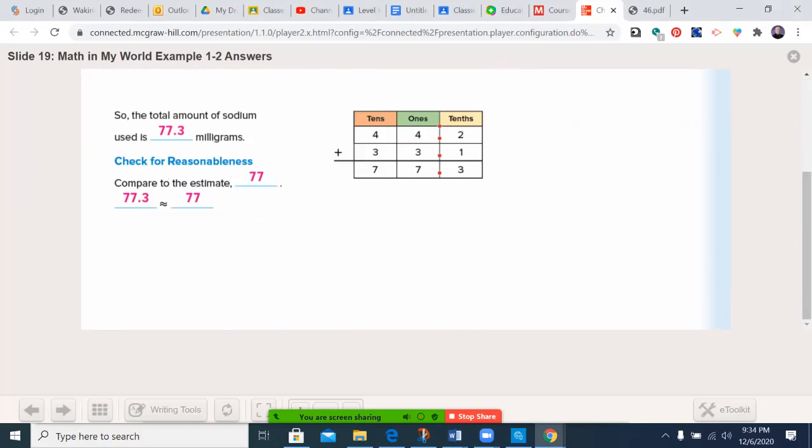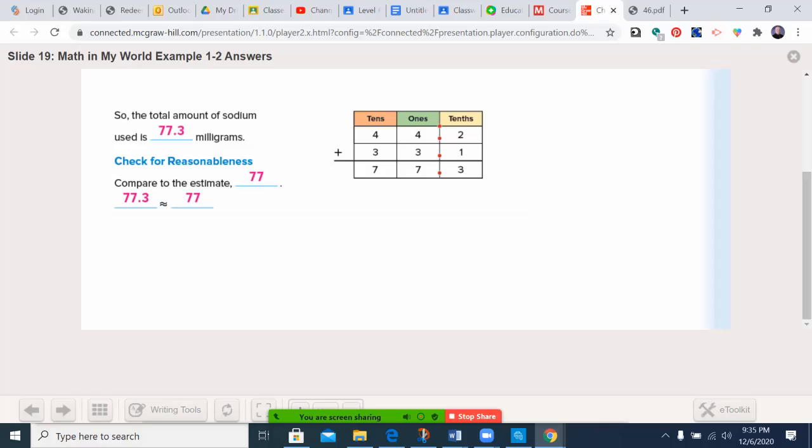This will cover the bottom part of it too. So the total amount was 77.3, compared to the estimate of 77. 77.3 is pretty close to 77. Go ahead and write all that in, and that's at the bottom of page 335. Give you about 15 or 20 seconds, and then we'll move on. All right, let's go on to the top of